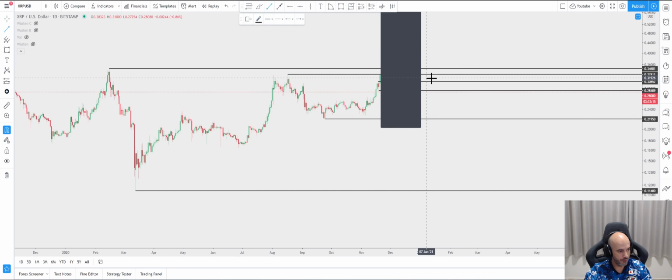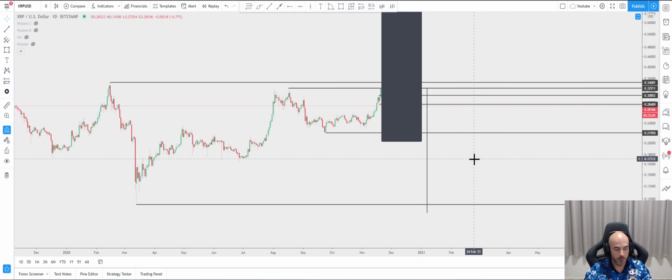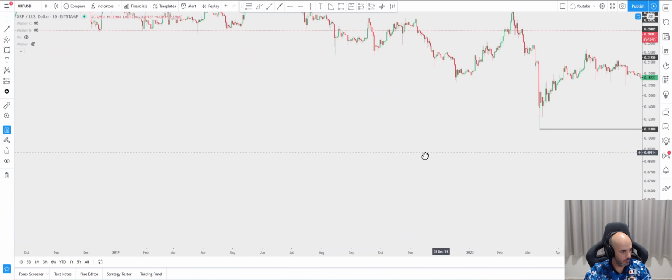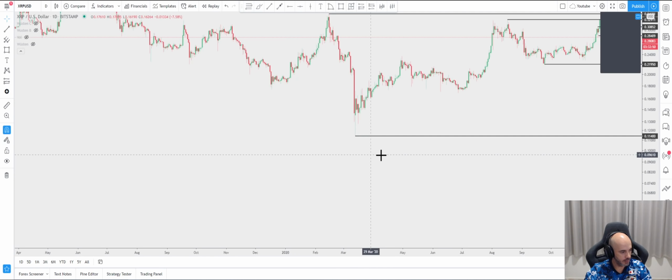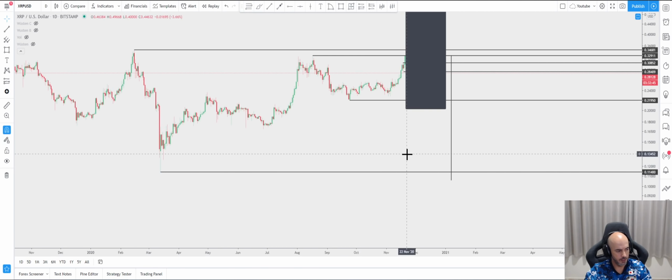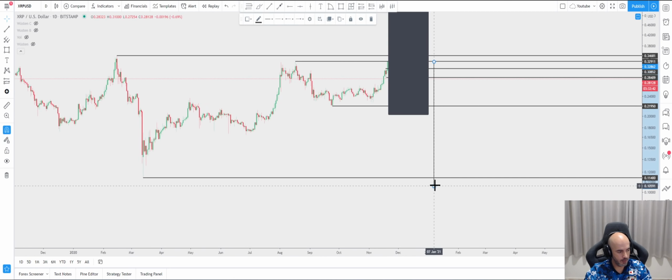But let's say XRP dropped from the pre-bull, let's say 10 cents. So this would be a possible scenario: 10, which would be a new low. Also, this one is the COVID-19 dump, so this was the previous low at the beginning of the year. Anyway, 11 or 10, that doesn't matter. It's not going to change anything.